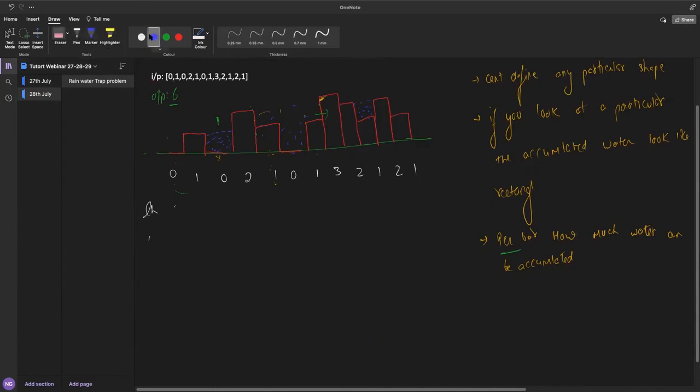So here, the greatest element is 0 only. Looking at the left hand side, we know that for 1, this 0 is the maximum element among all the elements on the left hand side.